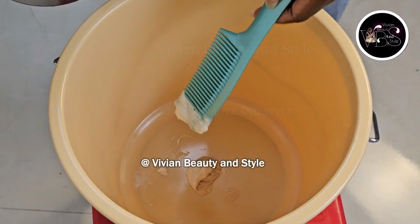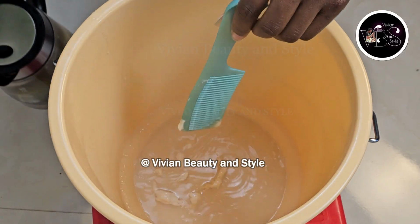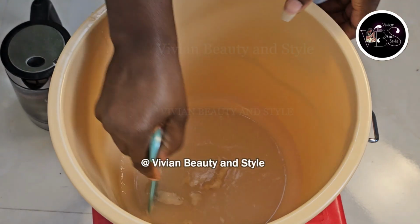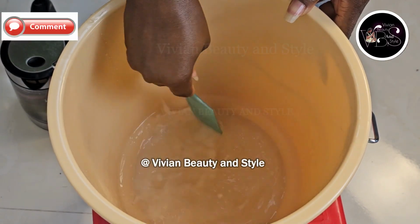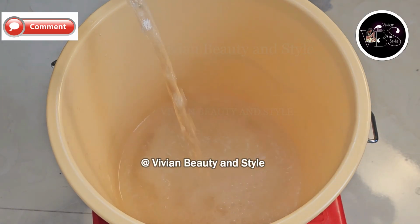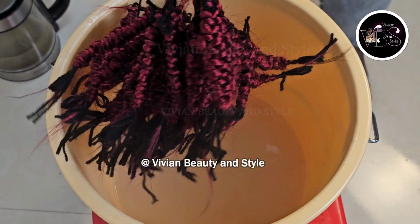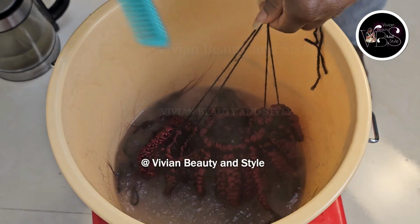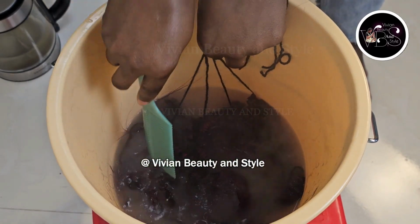Okay, so once you're done trimming the hair, the next step now is to dip the hair in hot boiled water. Okay, so make sure to wear protective gloves if need be. Okay, so pour the hot water into your bucket. You can add oil, you can add hair cream, you can add air conditioner to give the hair a nice smell. Okay, so just pour the hot water in the bucket, and after that put the hair in the bucket,